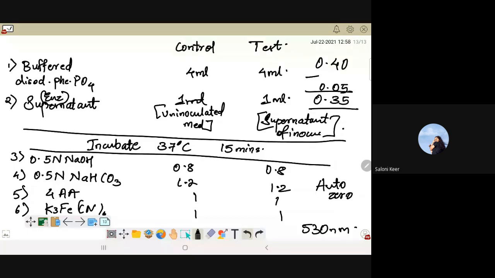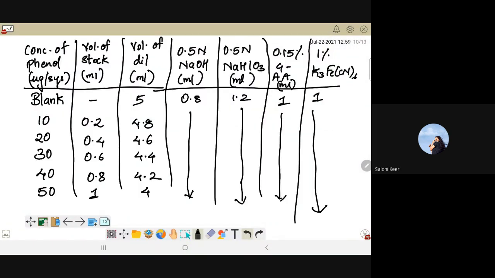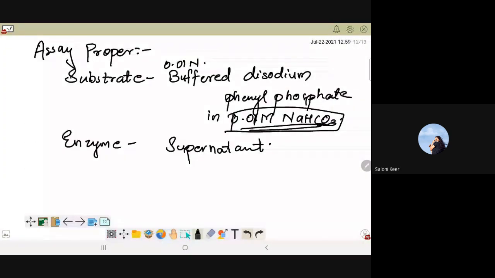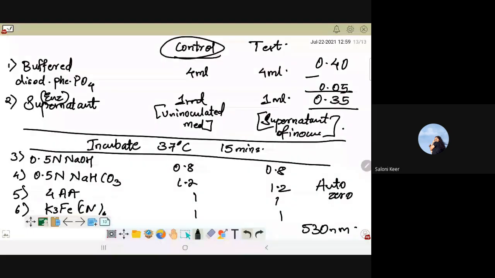Now when you take the standard's reading, in the standard you will first take the reading of the blank. Okay, you auto zero that blank and against it you will take the readings of all of these. Keeping the same blank, you can take the reading of your control. See what value it gives. And then auto zero that control and take the reading of the test. So there is no hassle of minus out, because when you take the test value after auto zero, the machine is going to adjust for those interference values automatically. So if the control has a reading, auto zero it such that it comes to 0, and then you go for taking the value of the test.